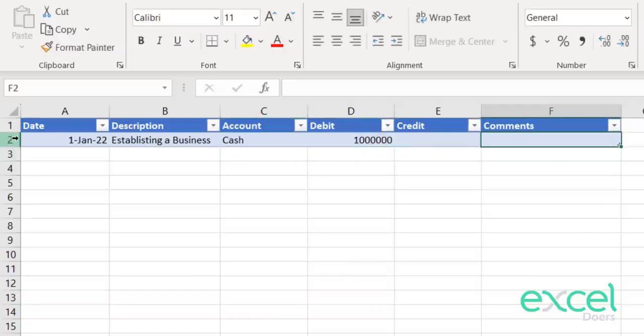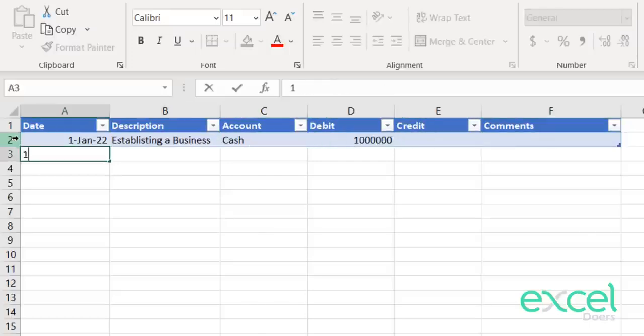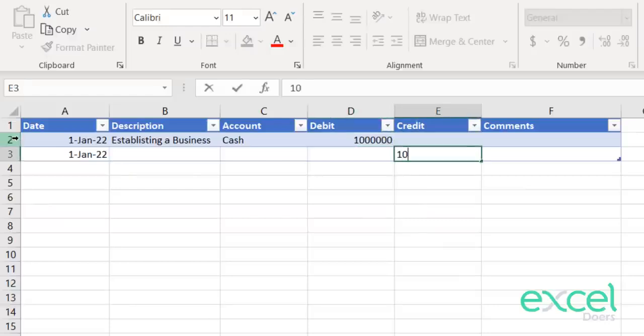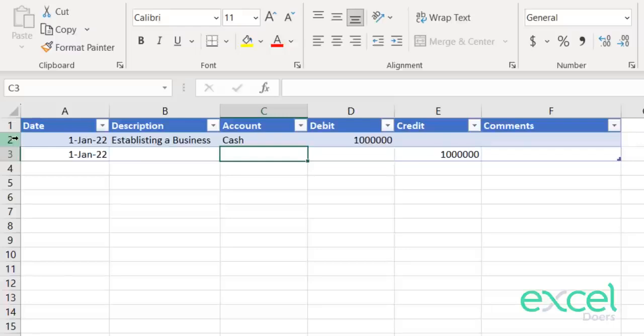So if you want to give a comment, it's an optional field, it's up to you. So 1st Jan 2022, now I have to give a debit impact, because every debit has a credit impact and every credit has a debit impact. So since I have given the debit impact, I have to give the credit impact as well. So 1 million is coming into the equity